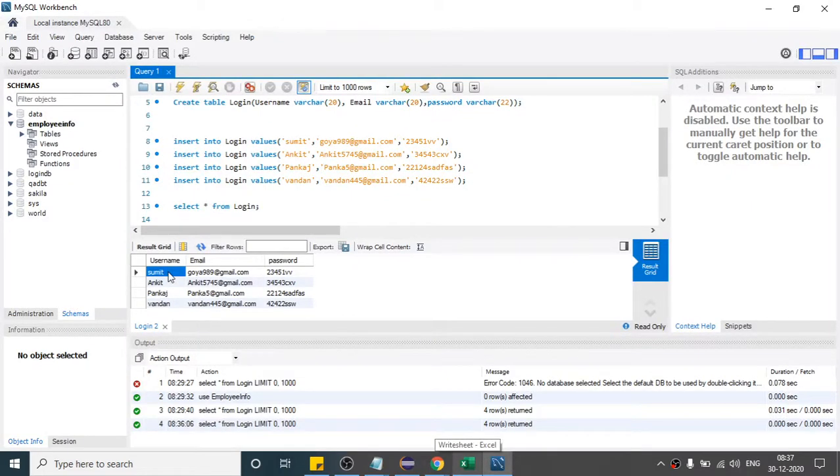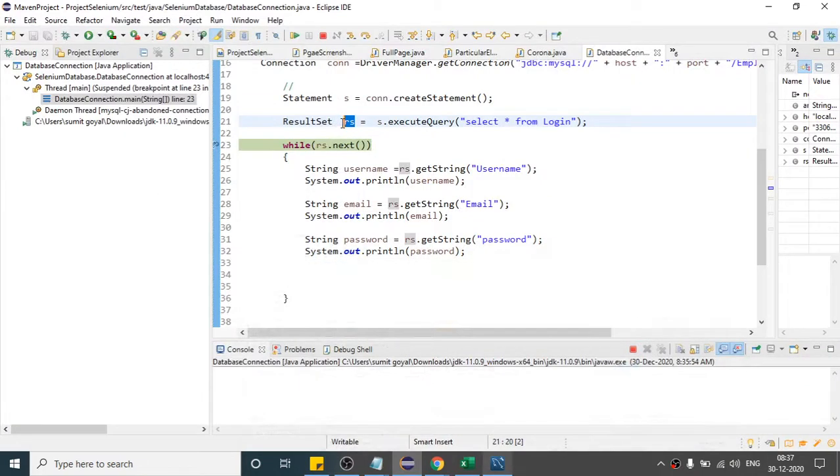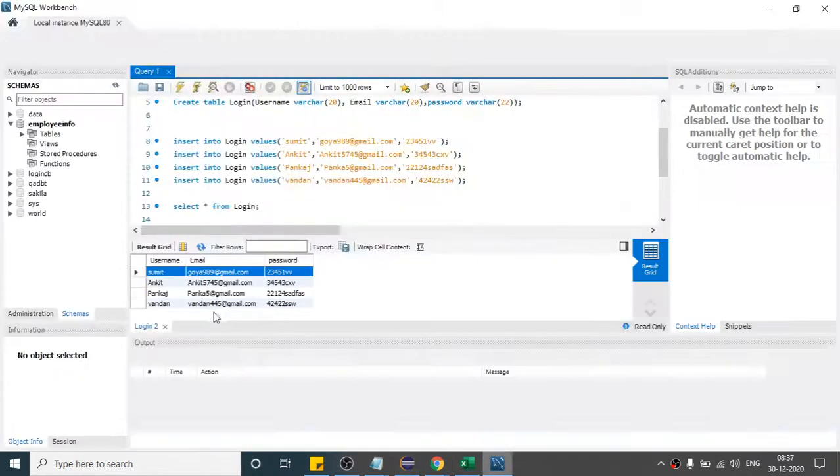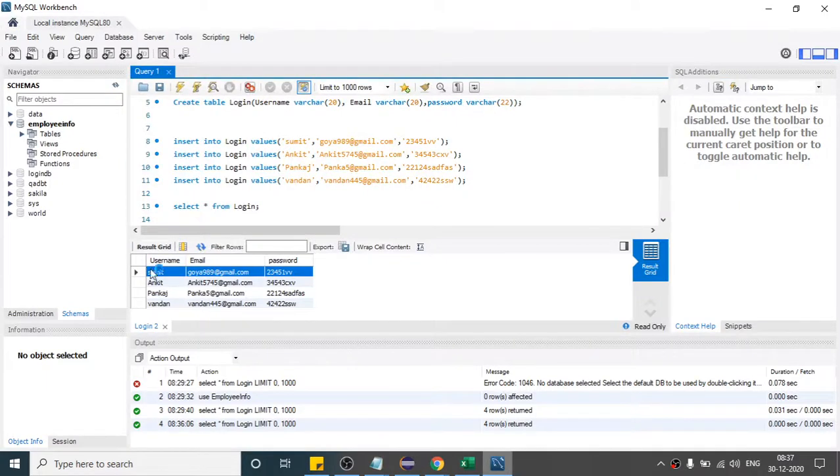So it will move to the first row, whatever the data it has got. So basically this rs will get some 4 data, right? 1, 2, 3, and 4 rows. So this will move rs to first object, sorry, first row. So suppose this is the first data in this manner it will get. So here rs is now pointing to our first row.